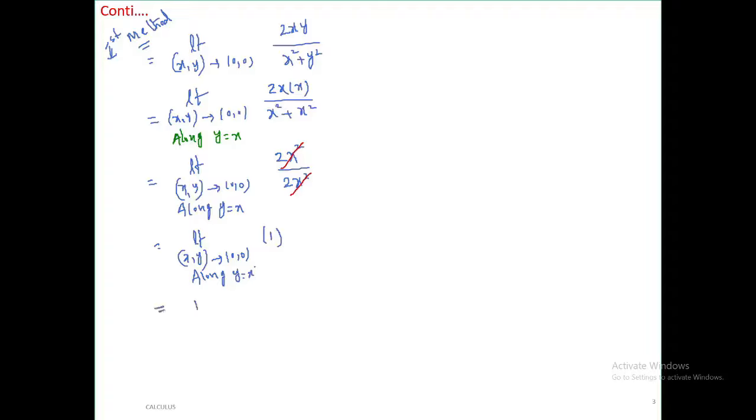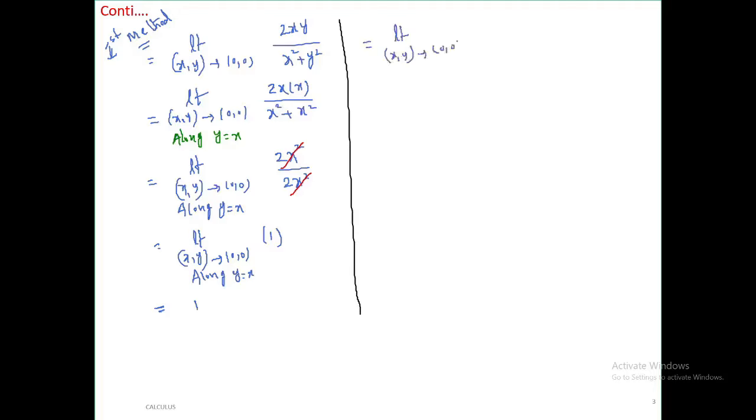Now what is the conclusion? Actually you need to choose two different paths. Along two different paths, if you are getting two different limits, then what can I say? Therefore the limit does not exist, I can say. So one path is over, y is equal to x. Now I can choose the limit as x, y